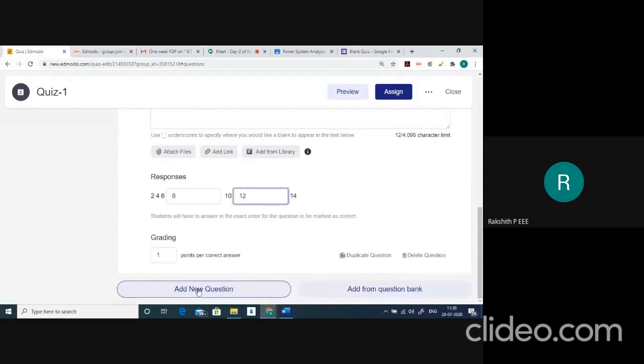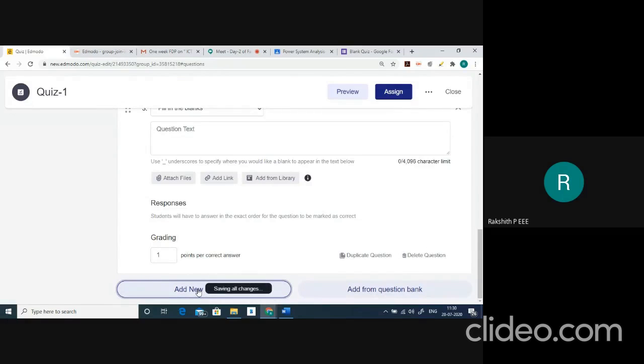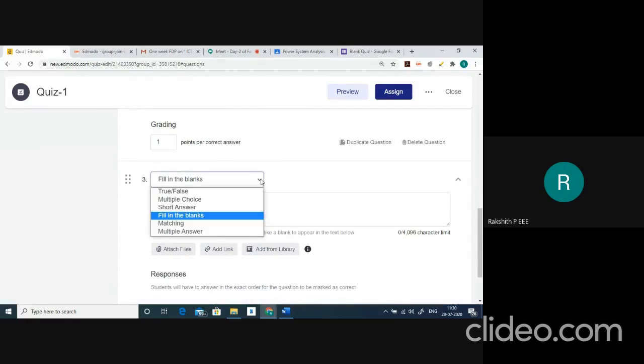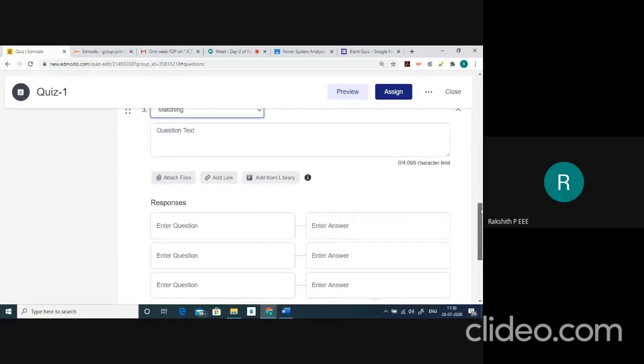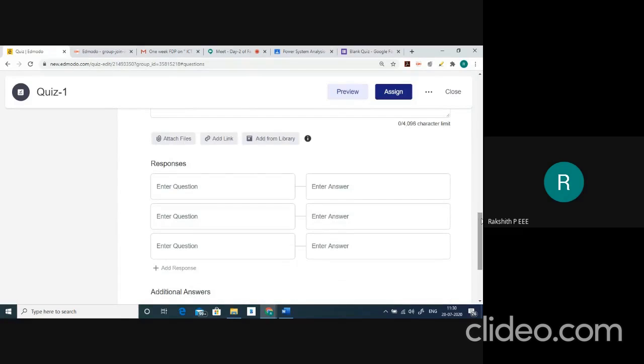I'll add one more question. Here, I'll show you how to give match the following. These are certain things which are interesting in Edmodo, which you won't find in Google Classroom.